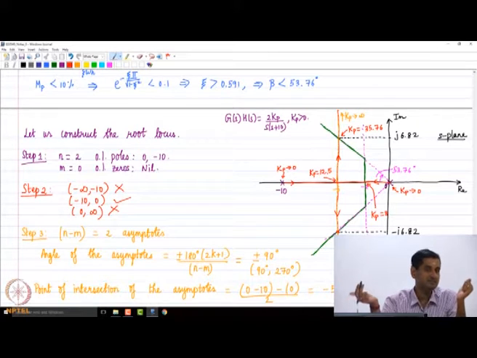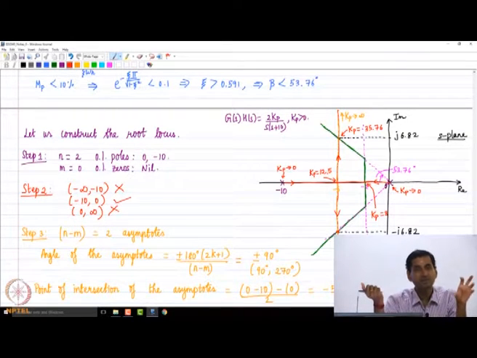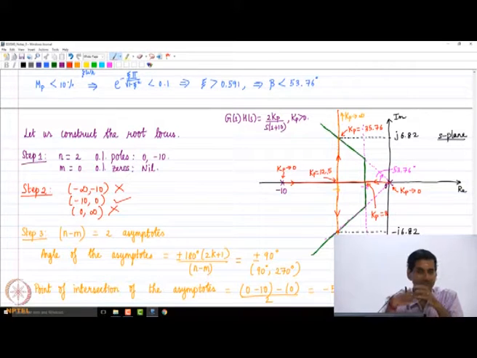So then what can you say about the closed loop poles? They are real. If you have two real distinct poles for a second order system, what is it called? Overdamped, right. So at 12.5 they intersect, they become critically damped. And then beyond 12.5, you see that the two branches move away from the real axis. So you have complex conjugate closed loop poles, and the system becomes underdamped.